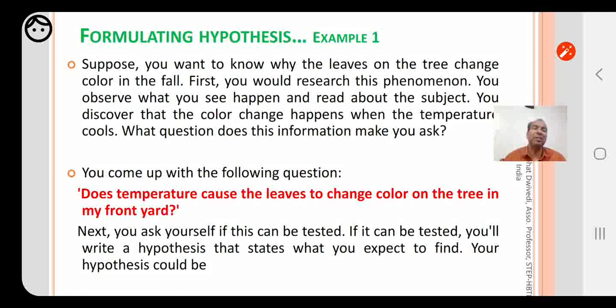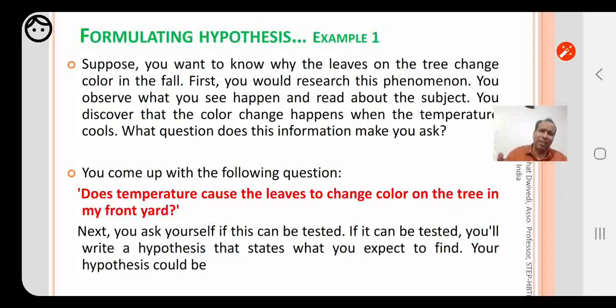We read about this subject. We talk to the experts. We can do extensive literature review. We can do whatever possible to find out about this phenomenon. We discover that color change happens when the temperature cools, with the help of extensive work we have done.